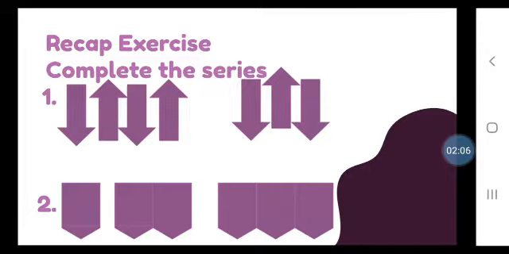Can you observe the pattern on the floor in the room in which you are sitting? The tiles on the floor, definitely it has a pattern, right? So what will come in the fill in the blank? Yes, a downward arrow, then up arrow, and then down arrow. There are 3 fill in the blanks.